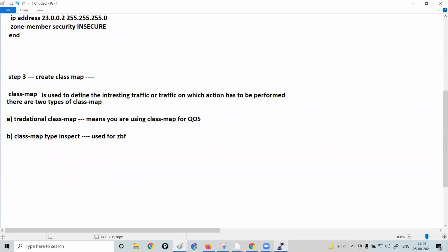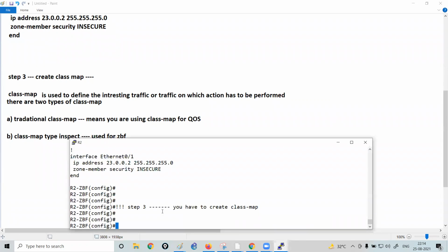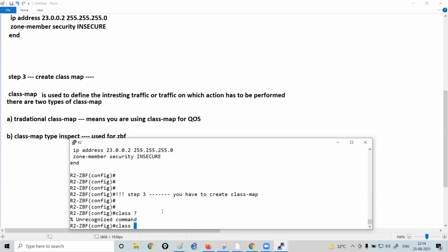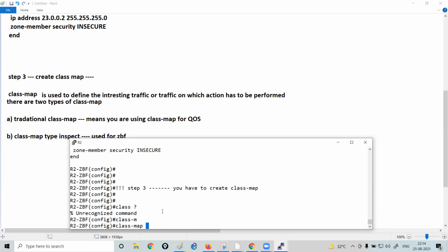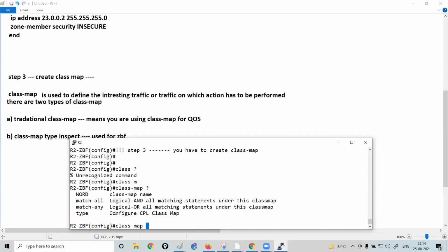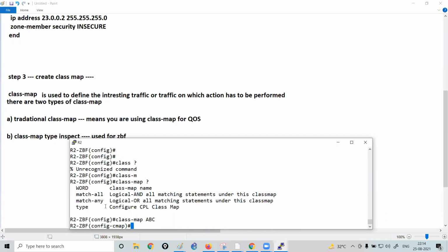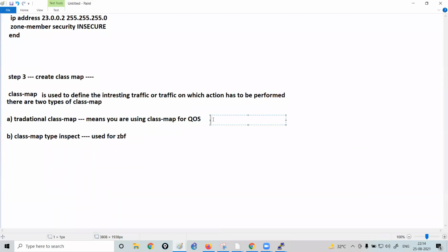Okay, let me just prove this. If I move to router R2 and run the command class, put question mark, I can just directly give the name ABC. Now this class map means that you have configured a class map which is traditional.